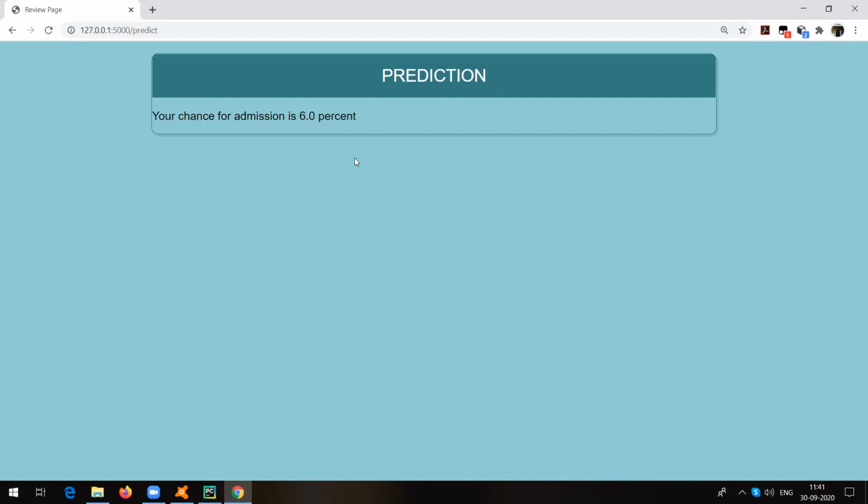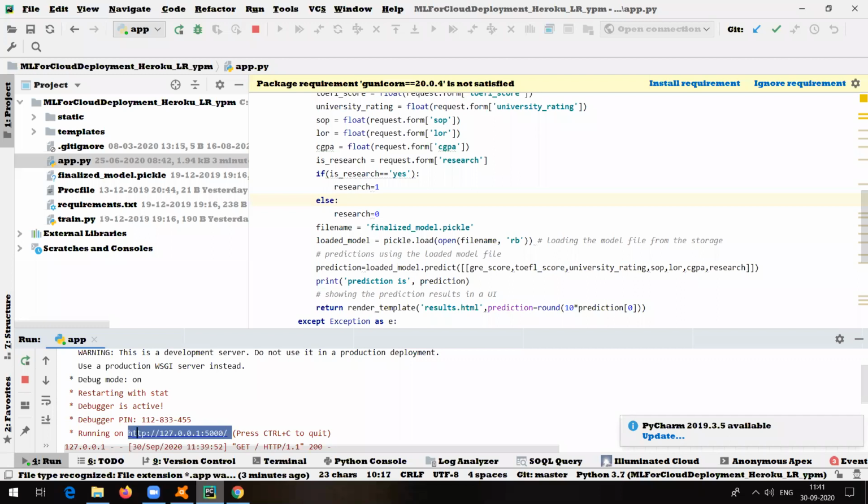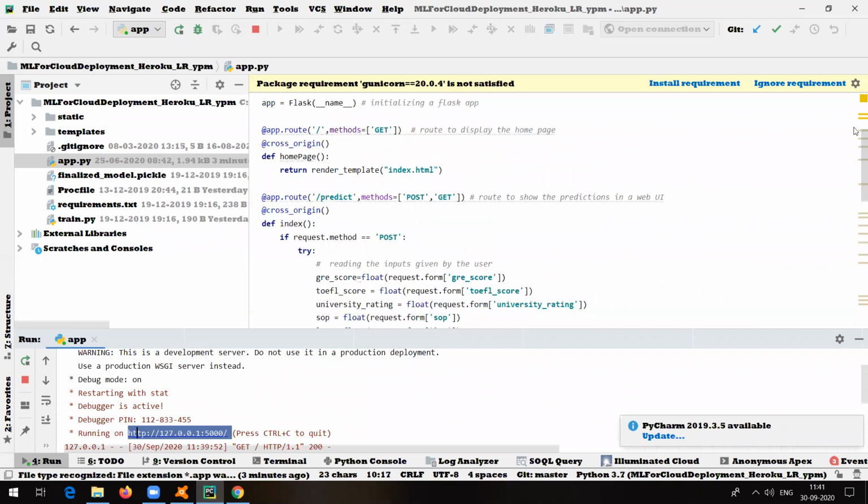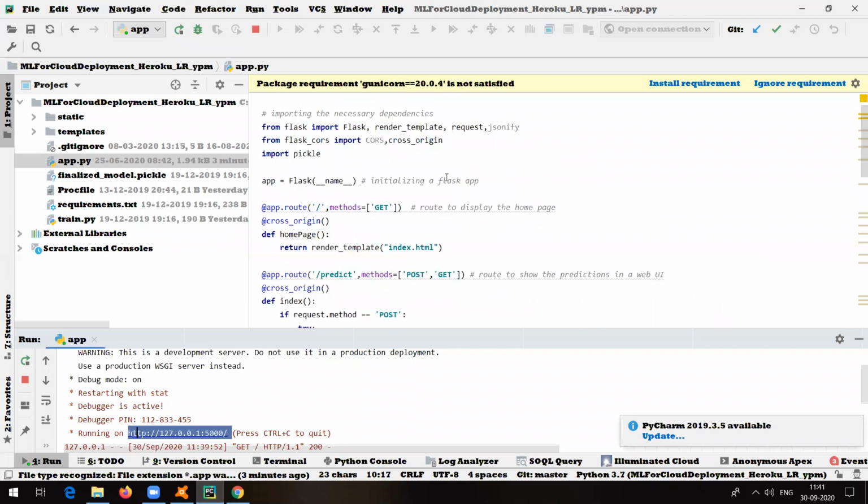So try to understand what we have done in this case. First of all, we have done all the required data pre-processing with the help of Jupyter. And whenever we want to create the final model, we make use of some IDEs like PyCharm. Okay, this is what our project is, a simple application. Later on, I will try to discuss a complete end-to-end project also. I thought it will be good if you understand this particular flow, and then we will move to that project. Now, this is what we are done.